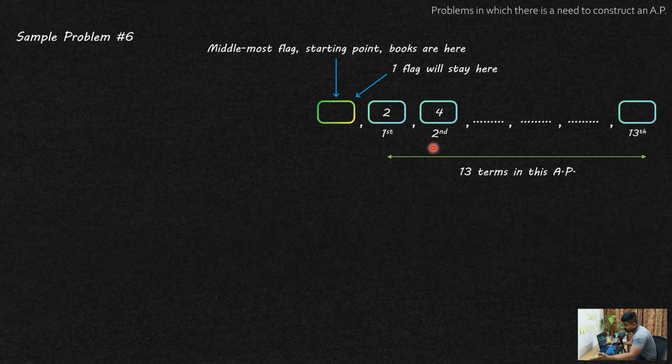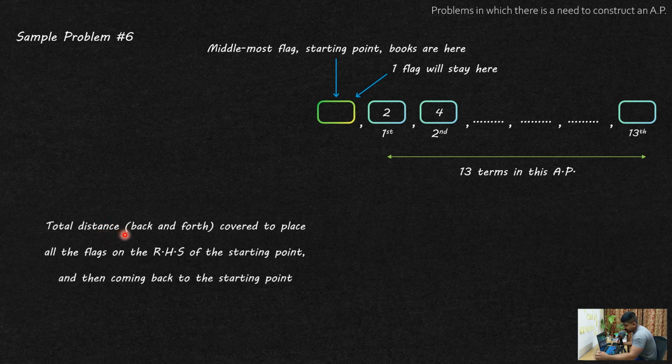We'll call this box the first term of the AP, this the second term, and this the 13th term. Now the total distance back and forth covered to place all the flags on the right hand side of the starting point and then coming back to the starting point is equal to 2 times S13. Now can you write down in the comments according to your own thinking, why did I write 2 over here? So 2 into S13, that is sum of first 13 terms of this AP, or simply sum of all the terms of this AP,